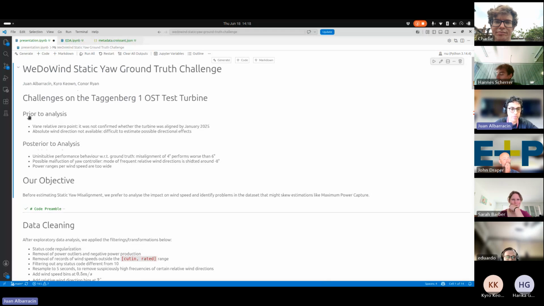Prior to analysis, we already knew that the wind vane relative zero point was not confirmed as aligned with the turbine. So a zeroing ground truth will not necessarily mean that the turbine is facing the wind correctly. However, we have these as references, and 4 degrees and 6 degrees in the ground truth are relative. So we already know that.